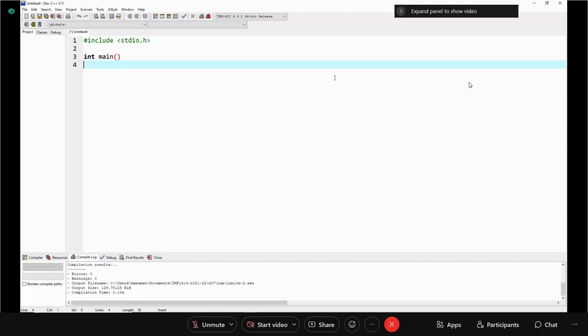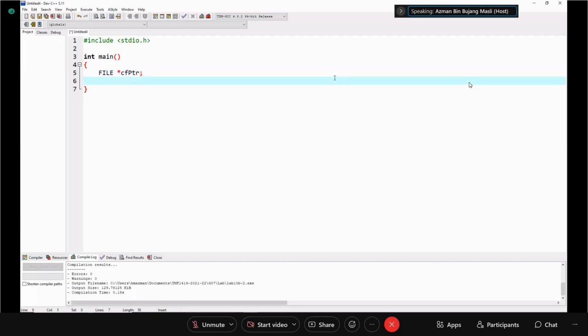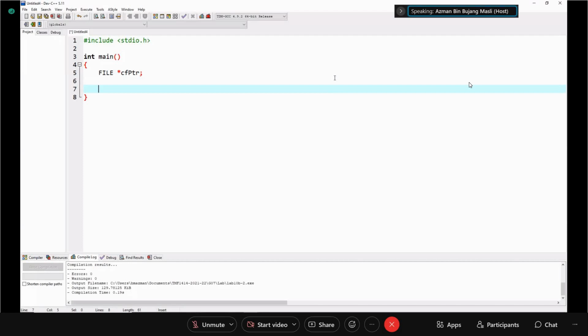And then we have this file. A pointer to file. So here we declare a pointer to file, and then we can open the file.